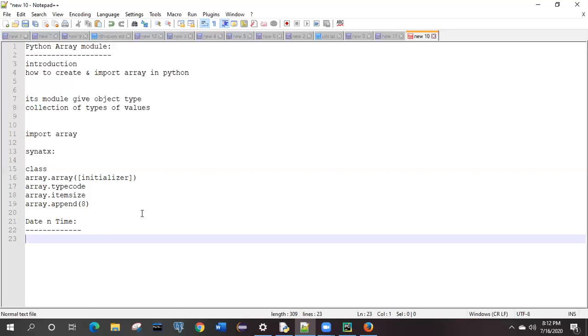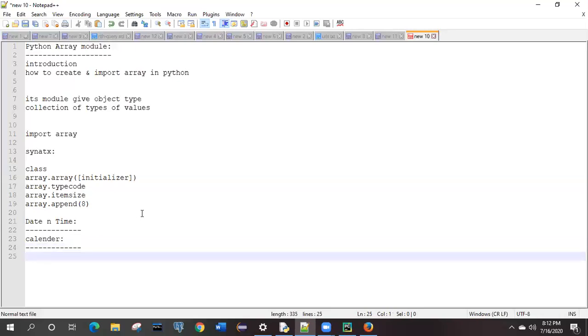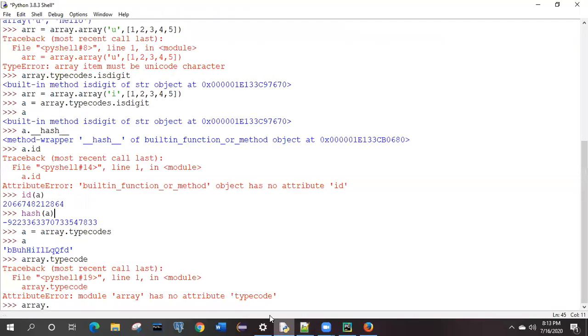Similarly, whenever you are going to deal with the calendar module, there will be some calendar also present. So what you have to do, if you need to make use of this calendar in your code, is first of all import it. Based on that, you can make use of the calendar. That is not very important to go through here, so I am leaving it to you. You can further explore it, but if we talk about one or two examples, I can show you how it is going to work.